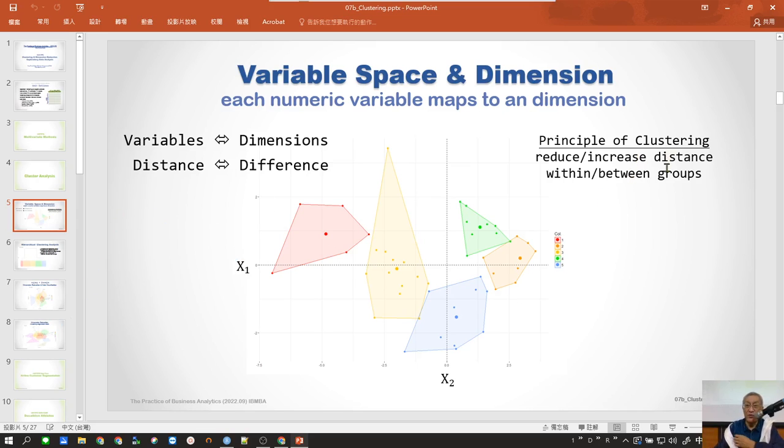The principle of clustering is to reduce the distance within groups and increase the distance between groups, because we mapped all of these retailers into a space. The retailers that have similar behavior will be close to each other. So in this space, the variables are mapped to the dimensions, and the distance is mapped to the difference. The distance between the points represents their difference in buying behavior, okay? We have an already existing algorithm, you call a function, and the function